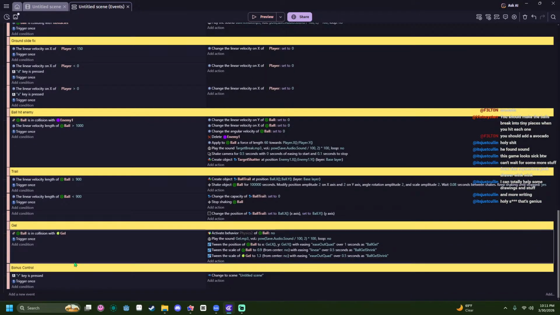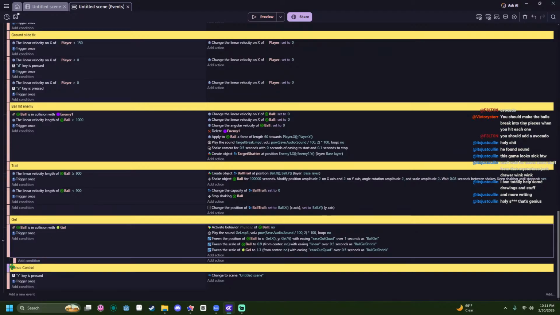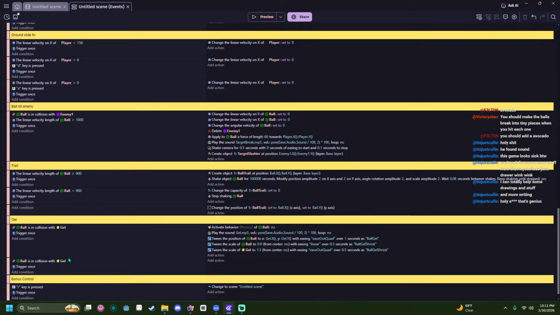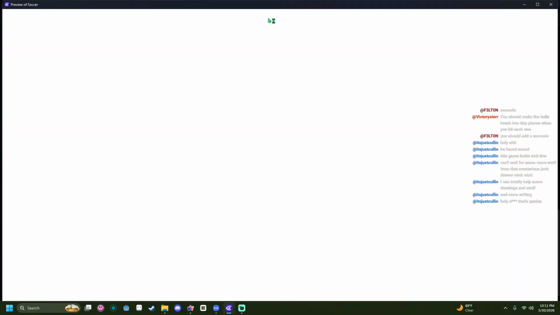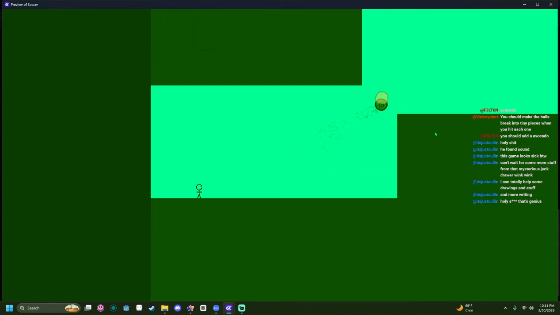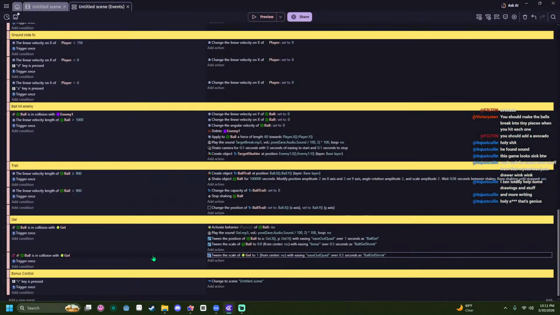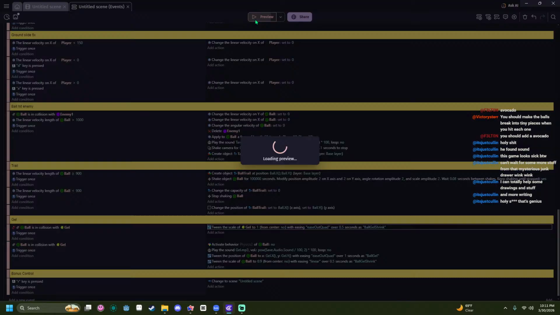Can we do another one, except if ball is not in collision with gel between the scale of gel to 0 or 1? No. If you're like there.